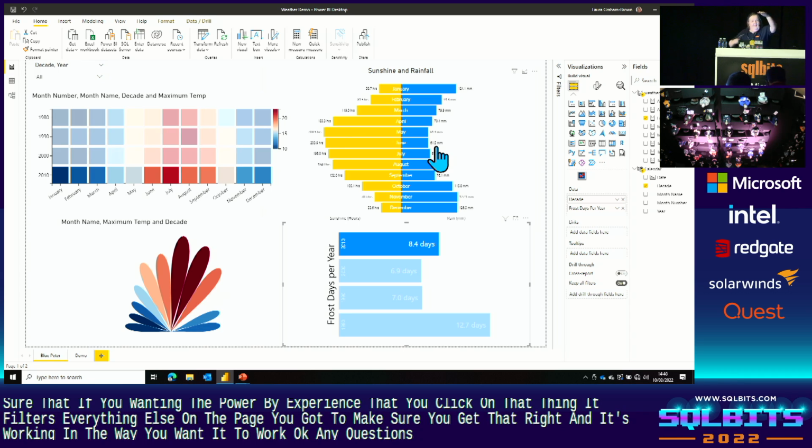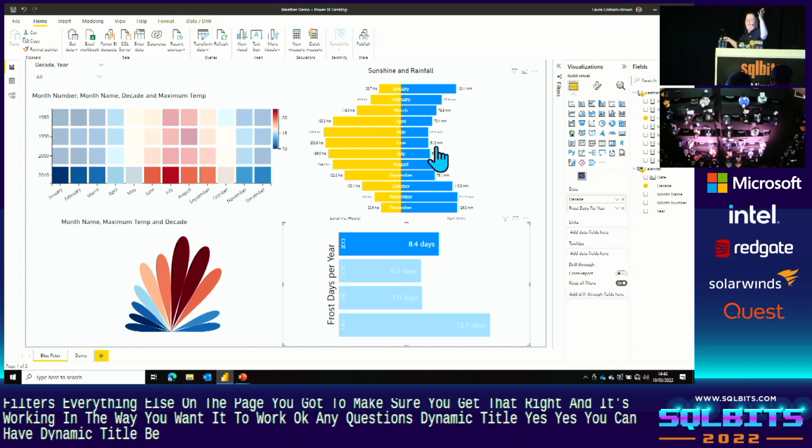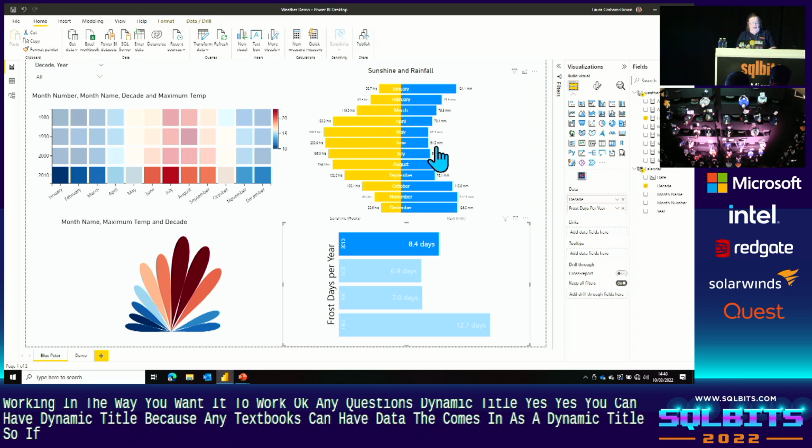Can we have a dynamic title? Can you have a dynamic title? Yes, you can have a dynamic title because any text box can have data that comes in as a dynamic title. So if I add in a new measure,